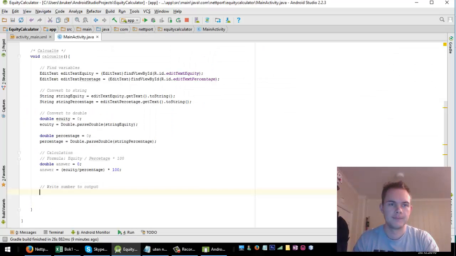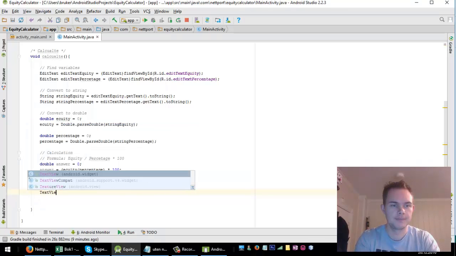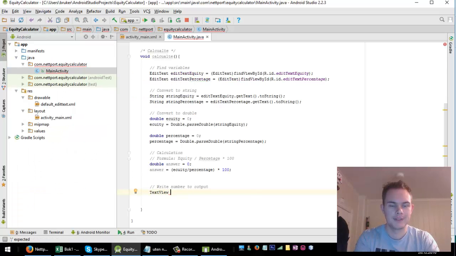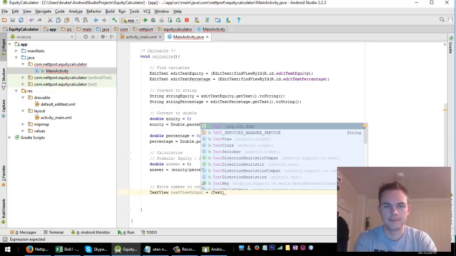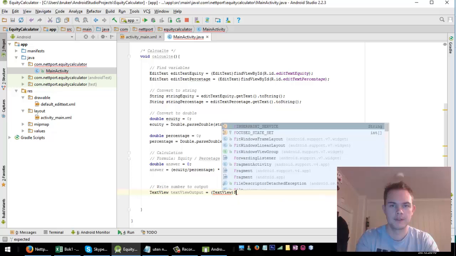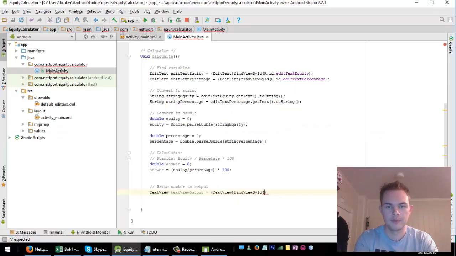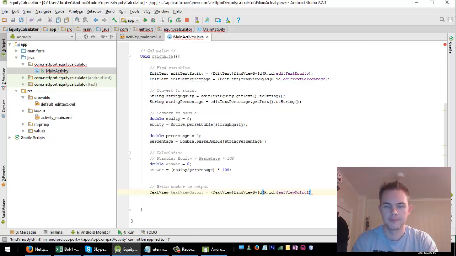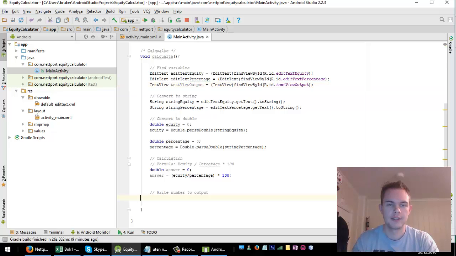So text view output equals text view find view by ID r.id text view output. So I will just place this with the other variables,